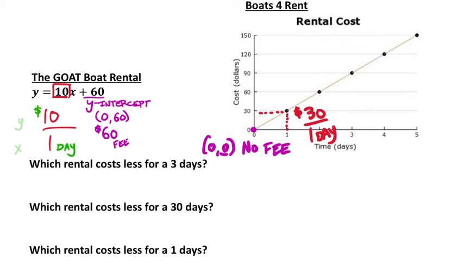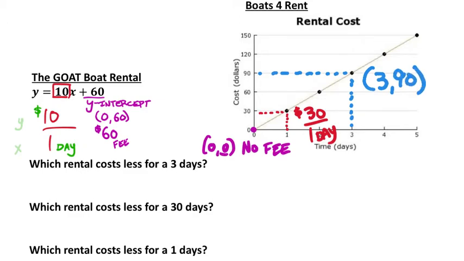Now, that's not going to matter right now. Let's look at the first question. Which rental costs less for 3 days? Now, the nice thing about the graph is it even shows right here, hey, look, there's 3 days right there. I just followed the line up, and I see that that would have cost $90. So that's our ordered pair there, (3, 90),